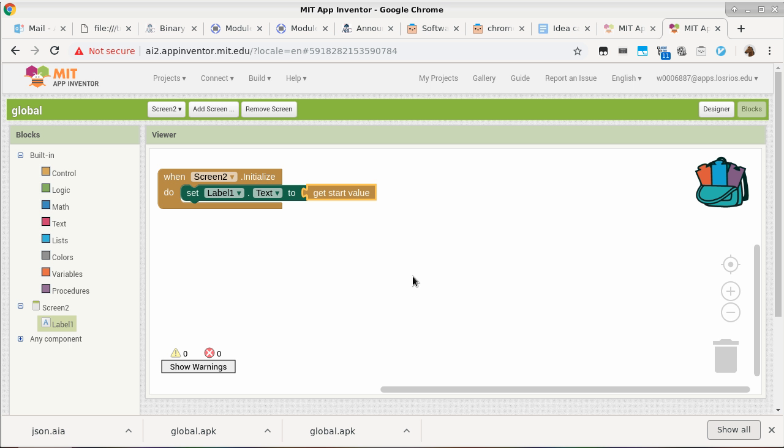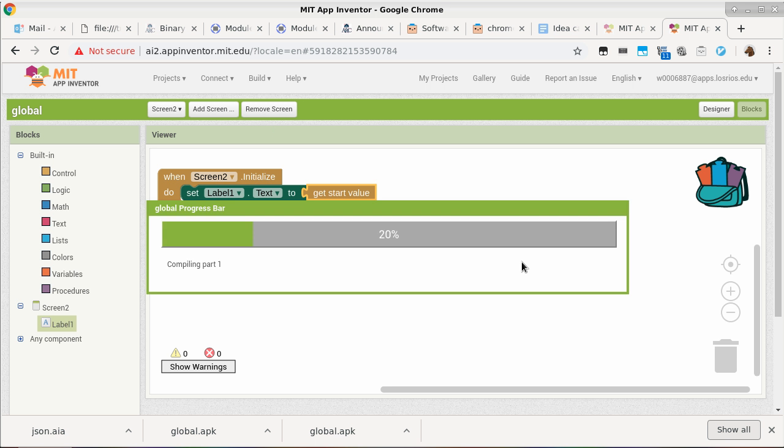So I have to make sure that I'm getting it first, then we'll do something about it. Is that making any sense? Yes? Okay. So let's go ahead and make the APK file for testing purposes.